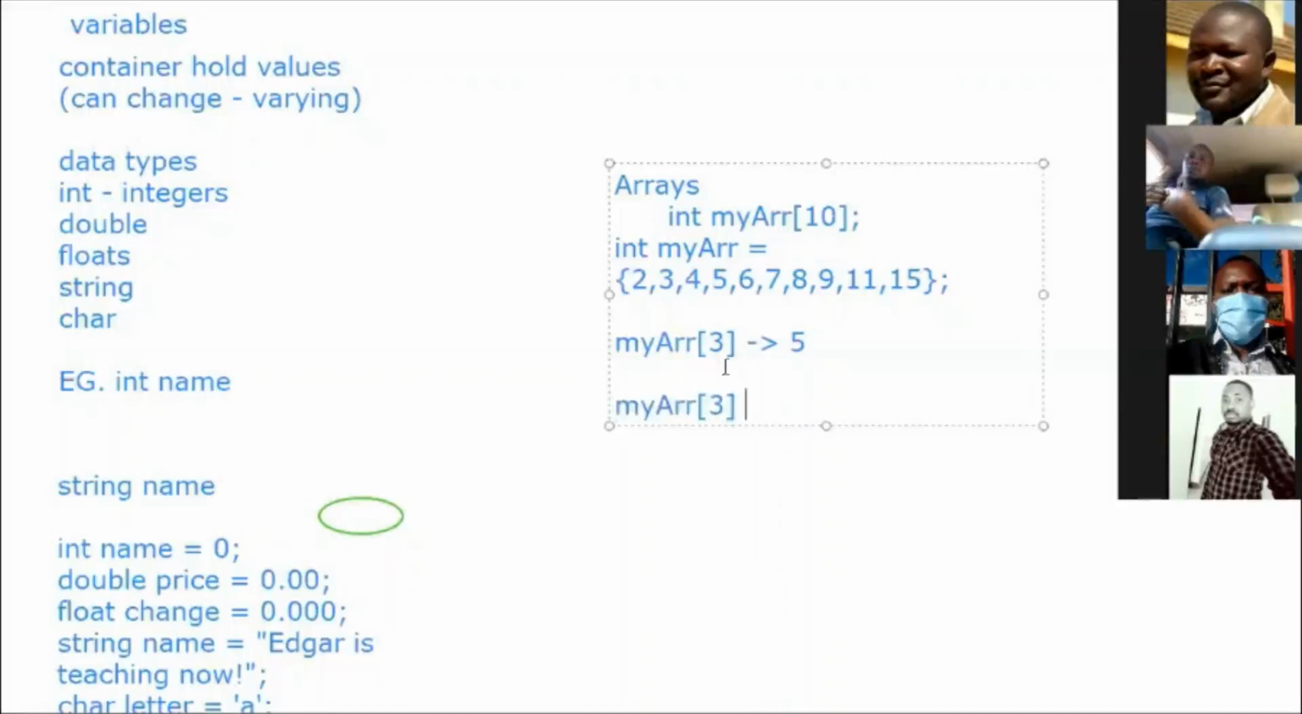Okay. So we are starting at 0. Index 0 is equal to 2. And that's true. And then the next one, which is 1, will be equal to